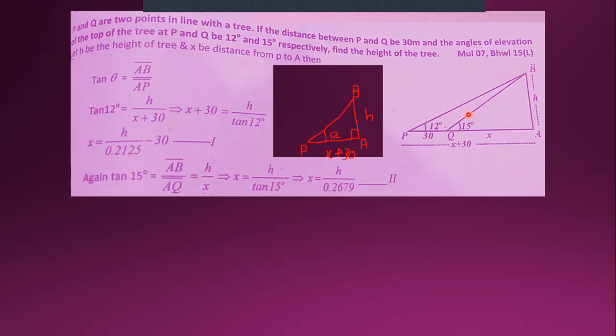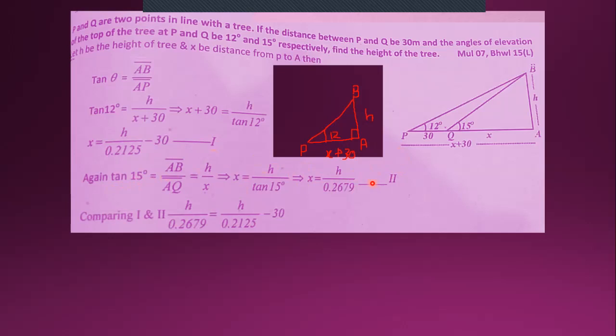तो चलते हैं नेक्स्ट स्टेप की तरफ। इस तरह से अब आपने सिर्फ इनर ट्राइंगल को लेना है, ये जो इनर ट्राइंगल आपका बन रहा है ना ABQ, सिर्फ इसको कंसिडर करना है। तो इसकी जो साइड्स बनती हैं वो h, x और ये 15 डिग्रीज का एंगल होगा। तो यहाँ से आप एक रिलेशनशिप लिखेंगे AB ओवर AQ विच इज इक्वल टू h ओवर x, और ये टेंजेंट 15 के इक्वल होगा बिकॉज परपेंडिकुलर ओवर हाइपोटेन्यूज है ये। यहाँ पे आप वैल्यूज पुट करेंगे और x की वैल्यू यहाँ से भी फाइंड आउट कर लेंगे। ये नंबर 1 है आपके पास x की वैल्यू, नंबर 2 में x की वैल्यू,